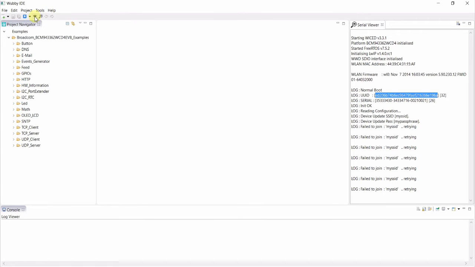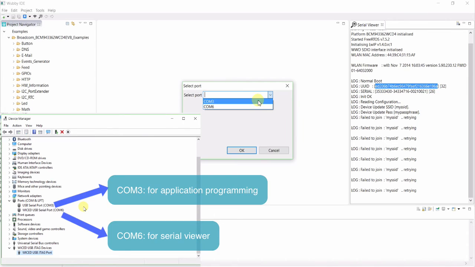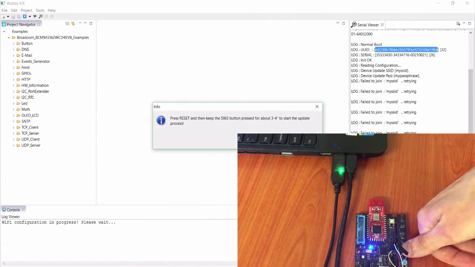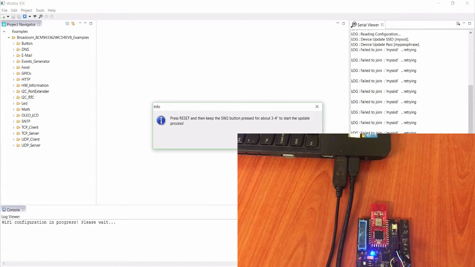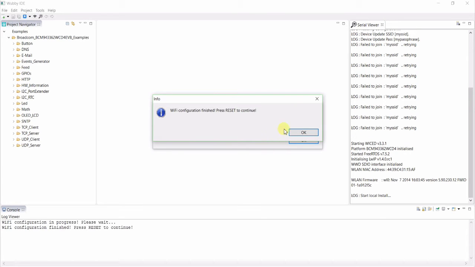The next step is to set up the network settings of the device. We can click on the wireless network icon, and since we have a Wi-Fi device, we can just enter the network name and passphrase of the Wi-Fi router. These settings need to be written in the device, and this can be done over the serial interface. After clicking OK, we select the serial port for application programming, and then we first click the reset button of the device and right after the SW2 button for 3 seconds. The USB to serial cable indicators, if any, will start blinking and after a while the device will be programmed with the new network settings.